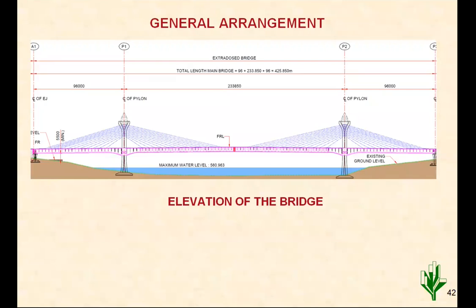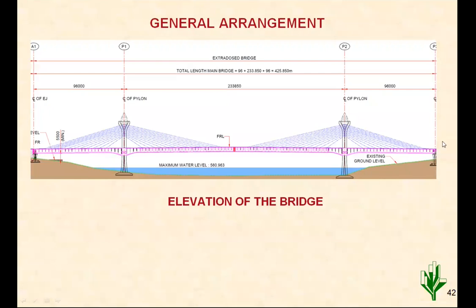So there is a lake, and keeping construction feasibility in mind, the pylons were planned, and the span is about 234 meter long. So the distance between the 2 pylons is 234 meter, and then the backspan, depending upon the availability, was chosen. Those are not exactly balanced. For a 240 meter span, the backspan should have been almost 150 meter or so in general practice, but because of the land constraint, that span is again unbalanced here. So all the 3 examples we have seen are unbalanced type of bridges. But that can be built.